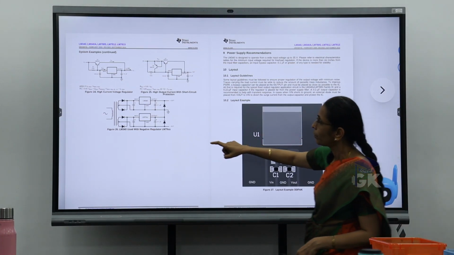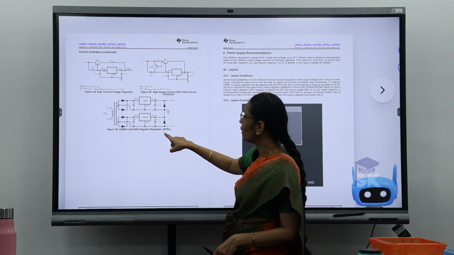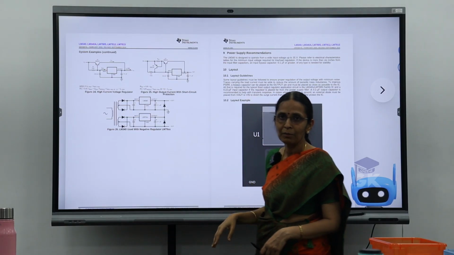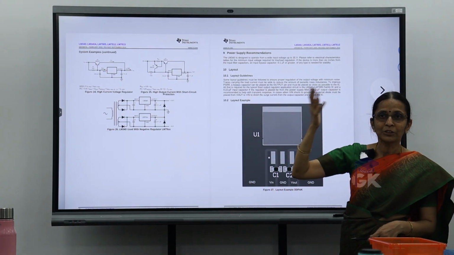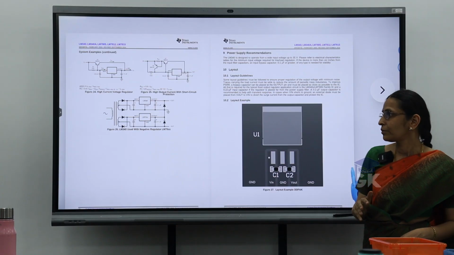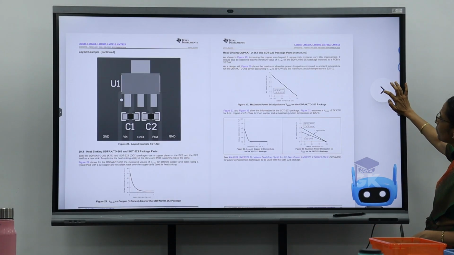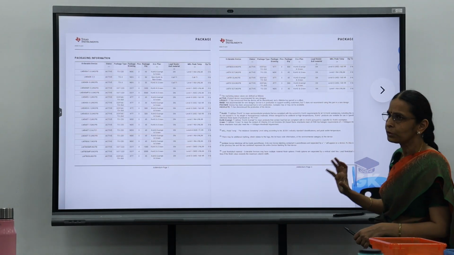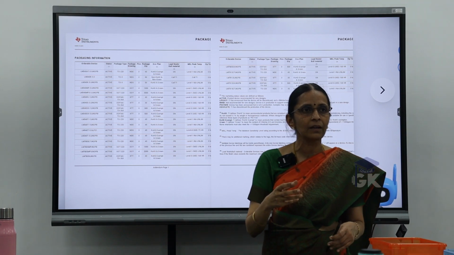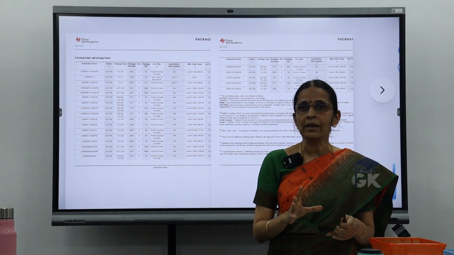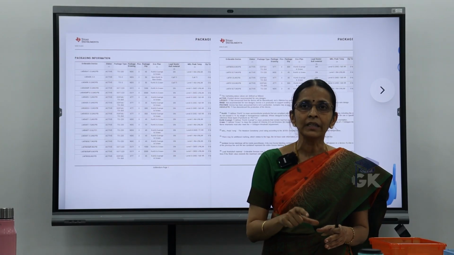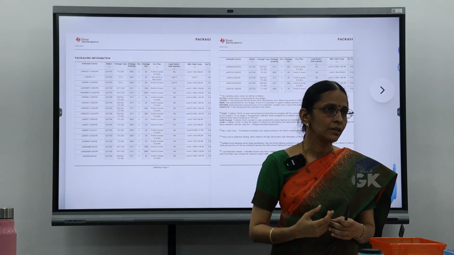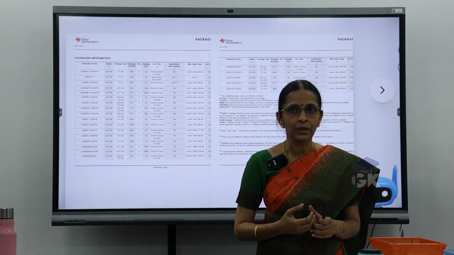And here also you have LM340 used with negative regulator LM79XX. This circuit I think you would have seen in many places where I will have a positive voltage as well as a negative voltage. Rest are all for the layout guidelines. So I wanted to show you that the application circuits will also be there in the data sheet. Not only the electrical and mechanical parameters, the application circuits will also be there if you go for your integrated circuits. Those applications you can make your students do basically. Okay, clear with this?